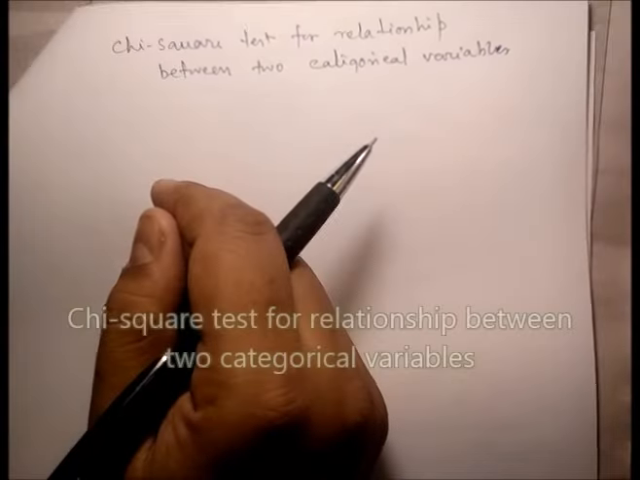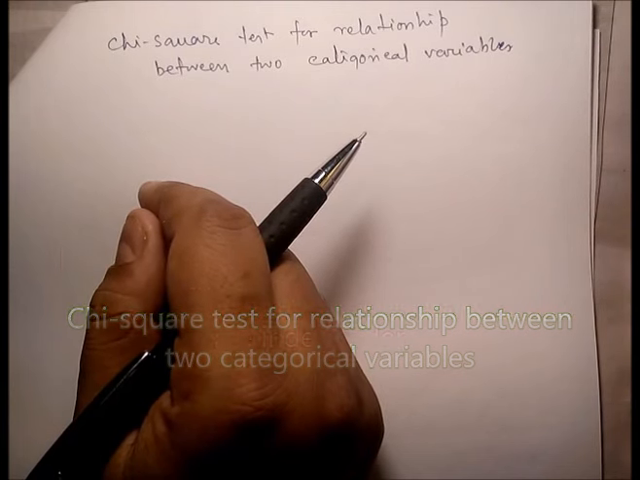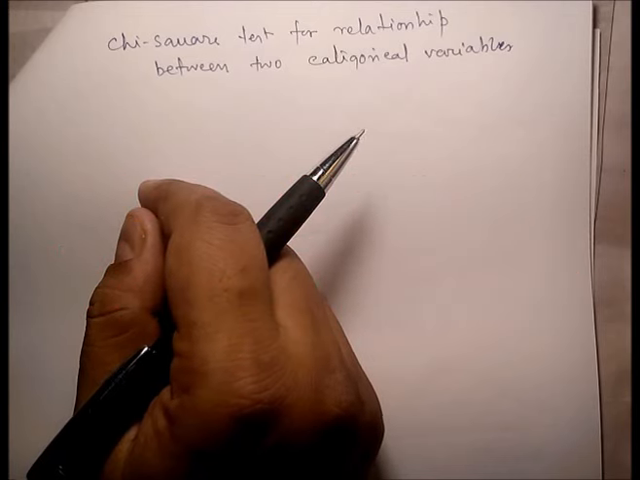Okay, chi-square test for relationship between two categorical variables. We can apply chi-square test to determine is there a relationship between two variables. The null hypothesis is that the two variables are independent. So already you know, using correlation coefficient, we can